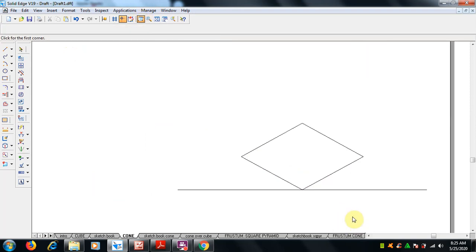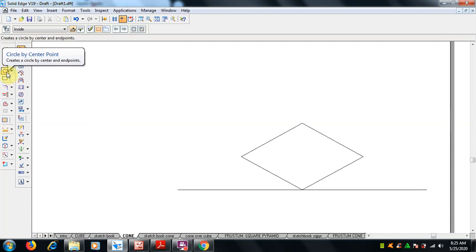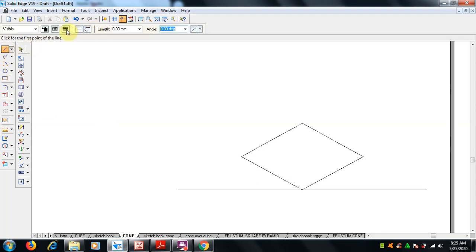Now I'll zoom in here to show how to make the circle. This is now the top plane. Before making the circle or ellipse, we have to draw a line first. Select the line command, and now you can see from this end corner point I am going to draw a line to the opposite midpoint.